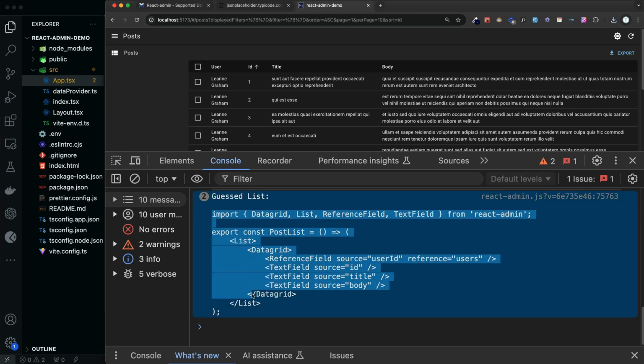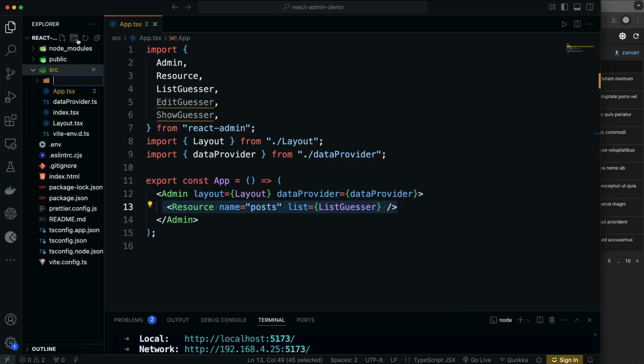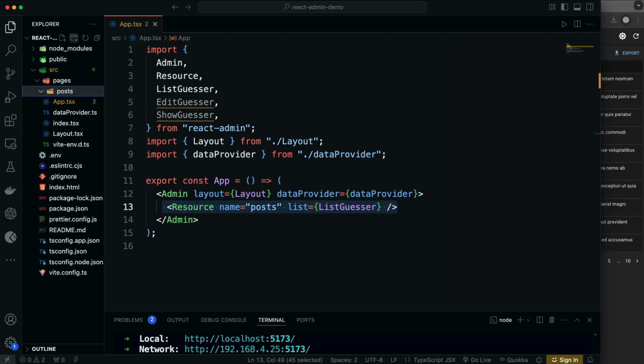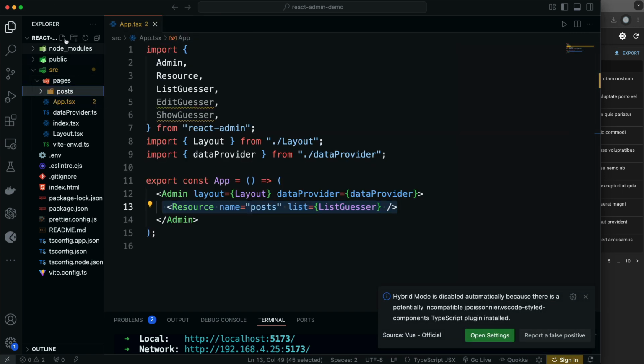So I'm going to just grab this import and this export here and copy it. And then we're going to go and create our own component. So in source, I'm going to create a folder called pages. And then in pages, I'm going to have a folder called posts. And anything that has to do with posts will go in here. And I'm just structuring it how I want. If you wanted to structure your folders a different way, you could. There's no convention or anything, nothing you're supposed to do as far as how you structure this stuff or how you name it. So I'm going to create a new file in posts called